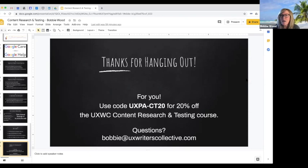Okay. Let's see here. What are your strategies for coding qualitative user responses? Oof. We all know there's two classic types of research. There's hybrid too, but there's qualitative and quantitative. And when you are doing qualitative research, that might be things like your user testing. You've tested with 5 users and